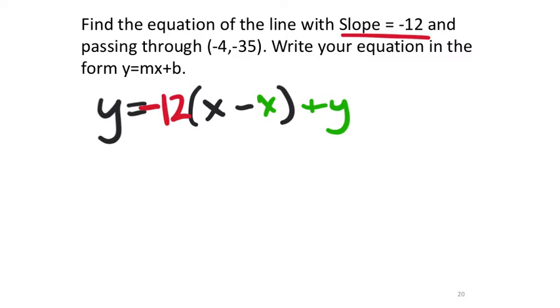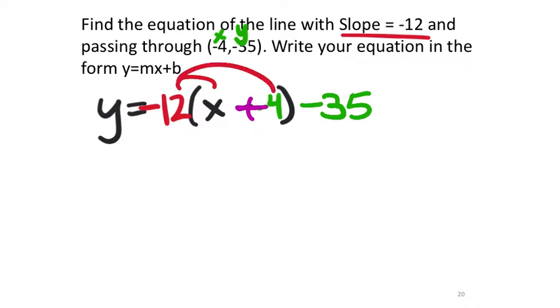And then, of course, we do have the two x and y values. There's x and y. And so the x is -4, so let's go and replace that with -4. And then the y value is -35 there, so let's replace that with -35. And you'll see that the minus negative there in black and green, I'm just gonna change that into a plus, so we don't have to worry about minus negative stuff as we start our calculations, especially with this